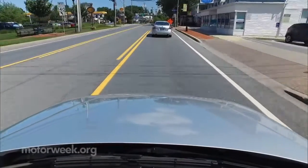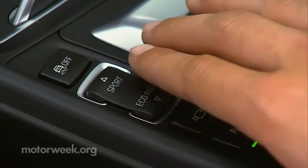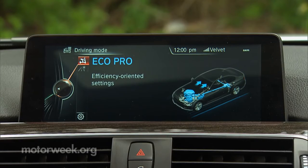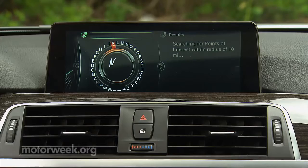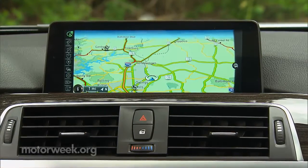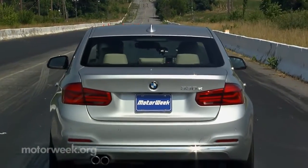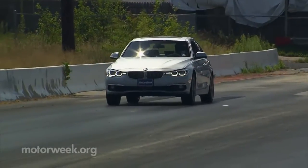Plus, the regen braking is about as refined as it gets. Drive modes perform the usual functions, as well as determine which power source is online. And just to be as clever as possible, if you set a destination in the navigation system, BMW's proactive driving assistant will plan ahead and determine when to use battery power most efficiently. Fortunately, our quarter-mile test trip wasn't in the nav directory, so when we asked for it all, we got it,